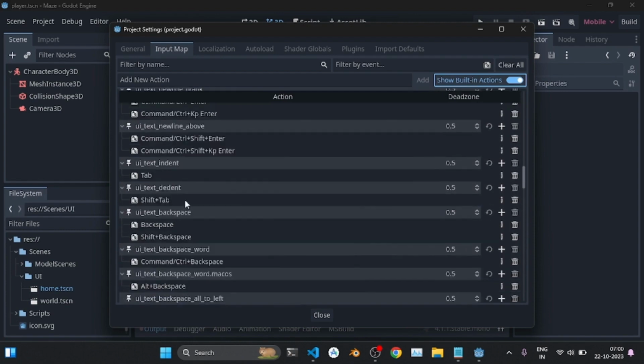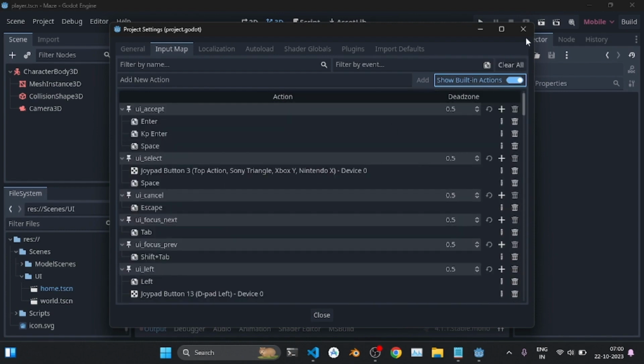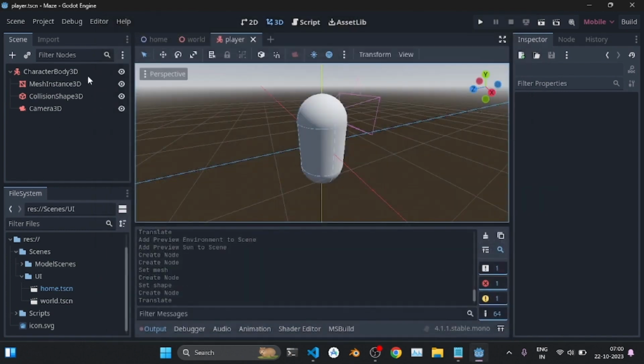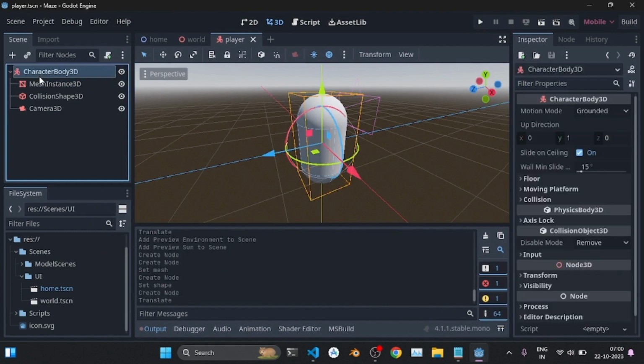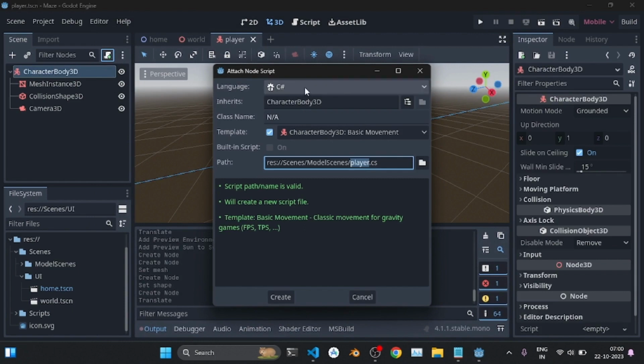Okay, and some of these will be used for the player movement. So to show that it will be used, we can just create a script for the character body 3D. Click on this one and click on this button to attach a new script. It will be C#, inherits character body 3D, template will be basic movement, and then where it will be saved,